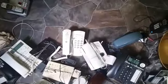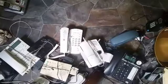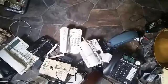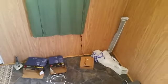Then the ATT Lucent Technologies 135, which I got from the First West. And I believe that was it for the corded speakerphones and corded telephones. Now moving on to the cordless speakerphones and telephones. The VTech CS6919, which I got from the Frogs Flea Market. Then from Mom, I got the VTech